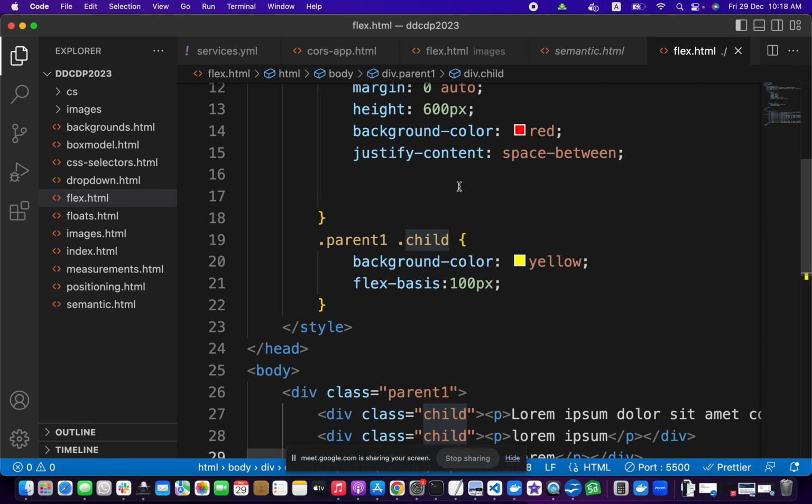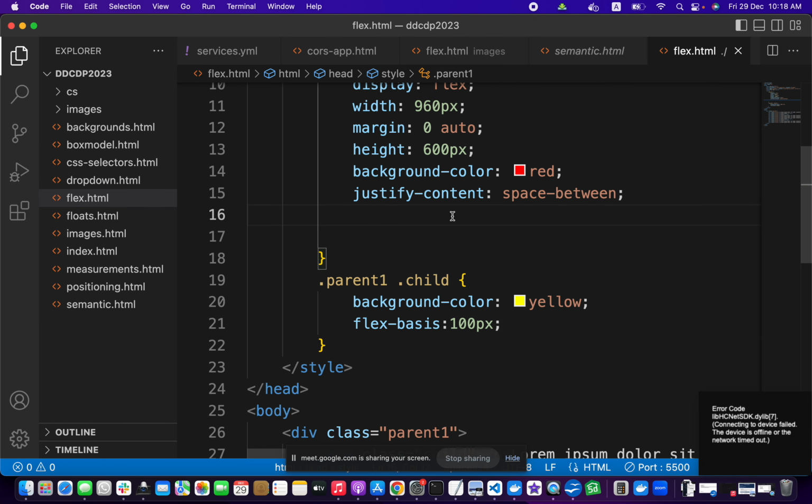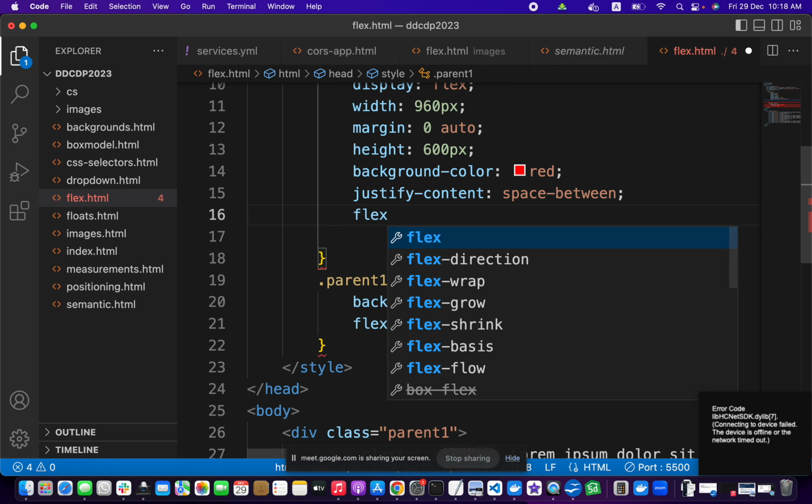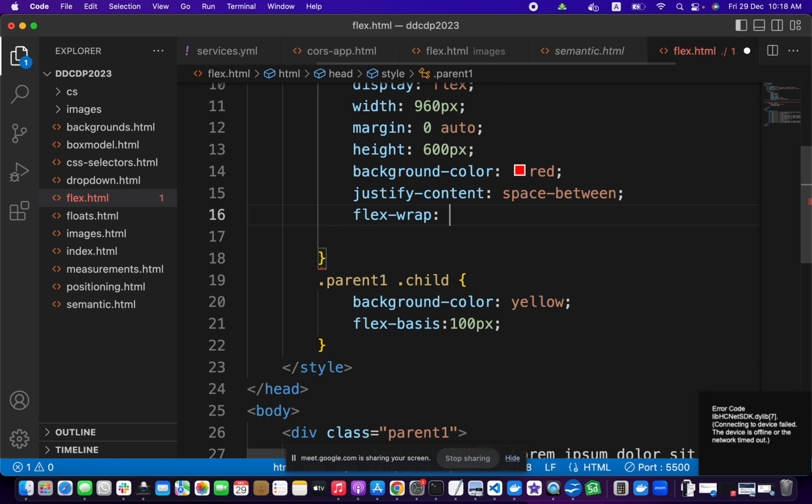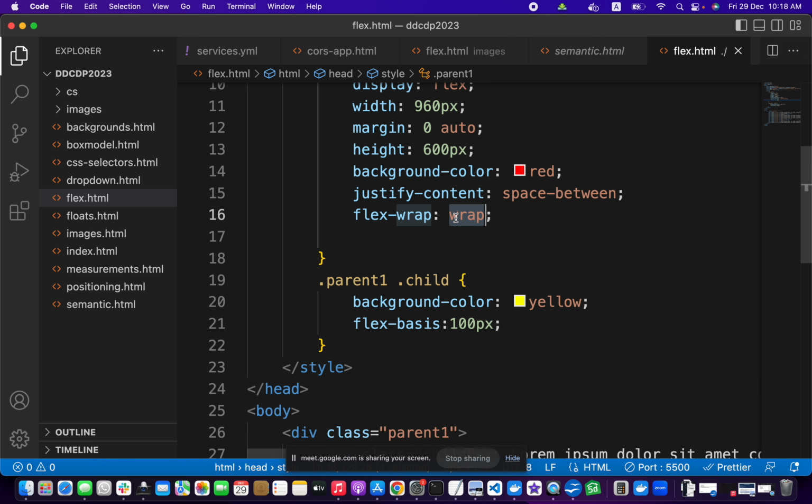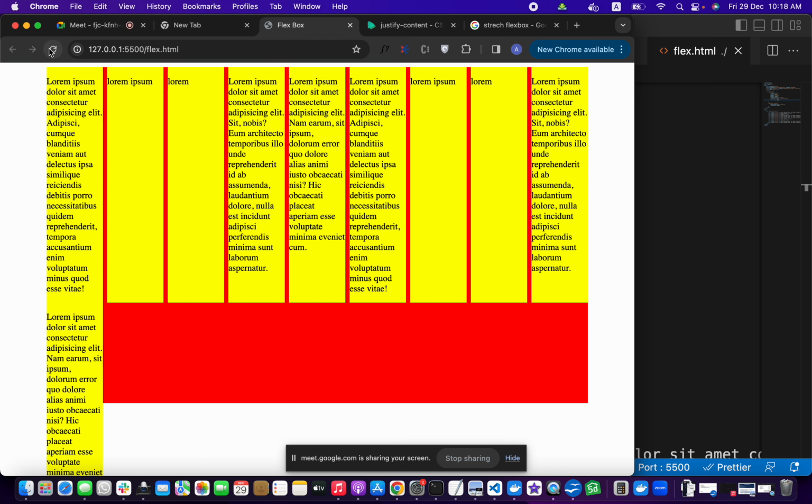So what I need is flex-wrap. This property flex-wrap means it will move the rest of the columns to the second line, and if there are more on the second line also, then it will move them to the third line. So if I refresh it,